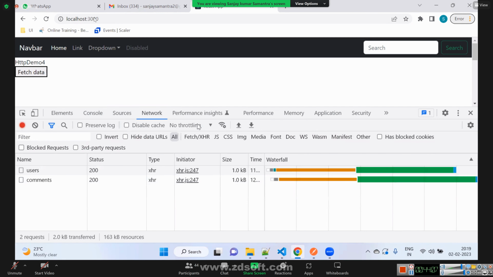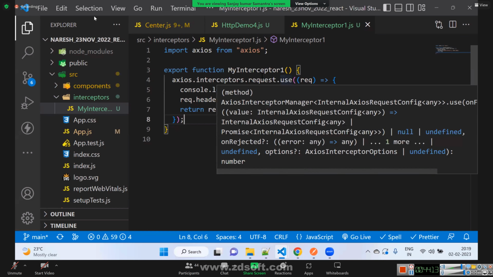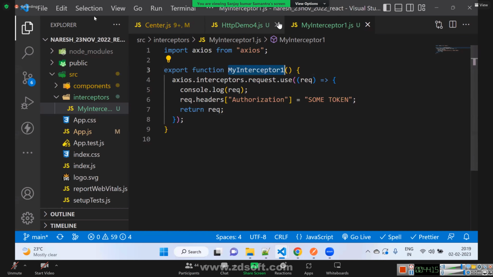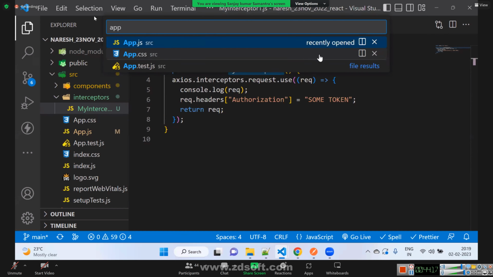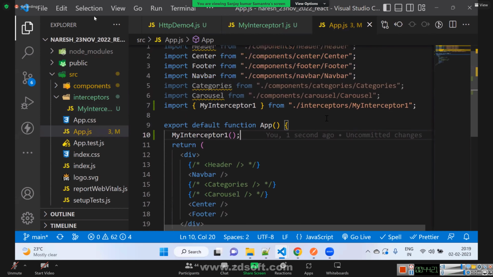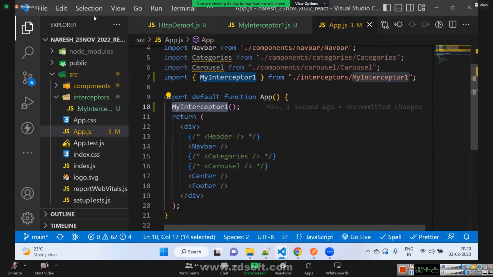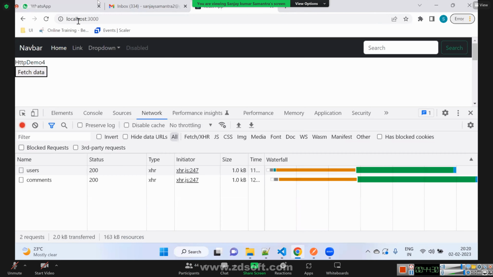Give me a second. myInterceptor1 in app.js, I'm calling. Really, will it work? No, I don't think so.